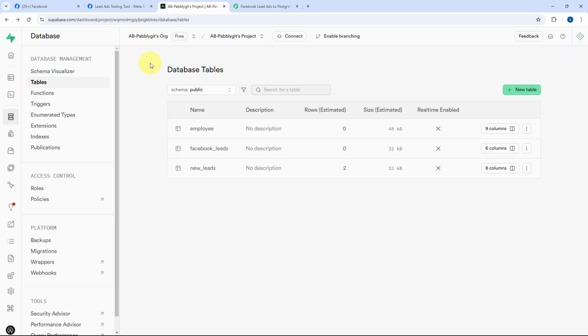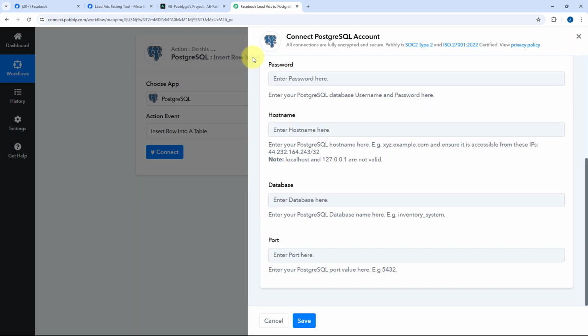Right now, I'm using Supabase, where I've created my PostgreSQL database over here. So I'll just enter all of these details over here. Okay, so I have entered all of these details of my PostgreSQL account. After entering these details, just click on save. And as we click on save, here you can see that our PostgreSQL database will get connected with Pabbly Connect